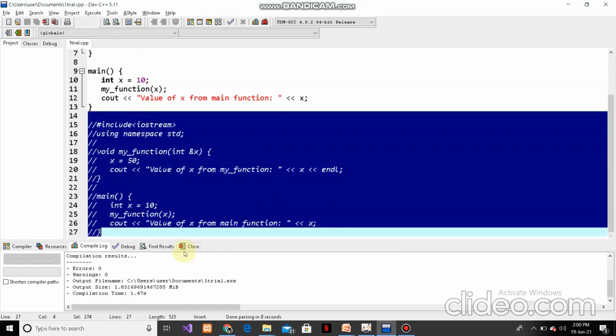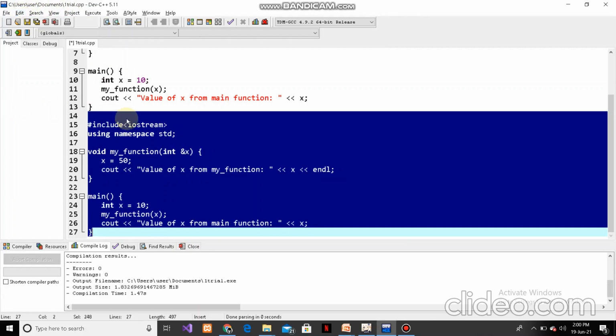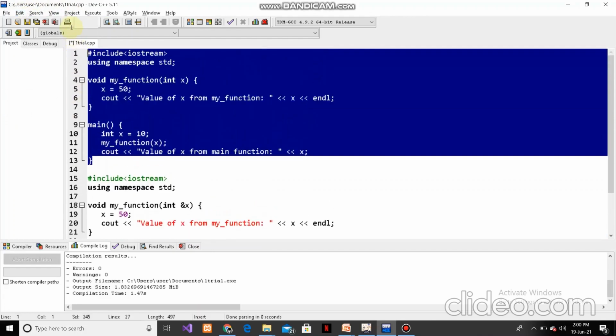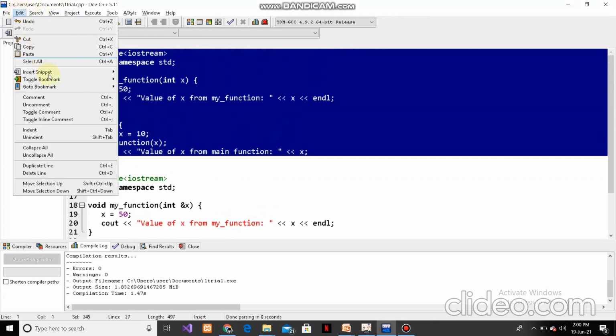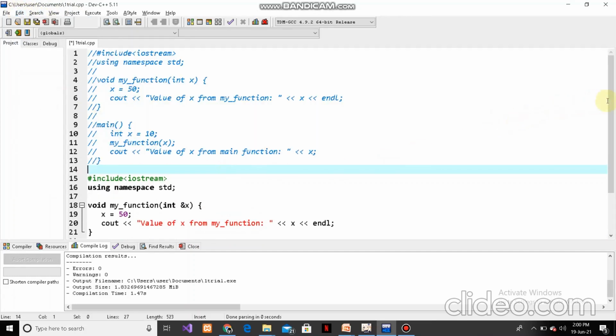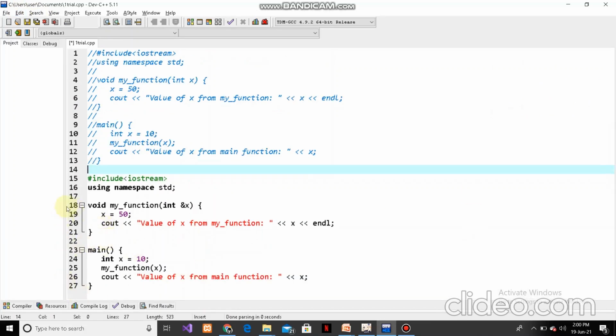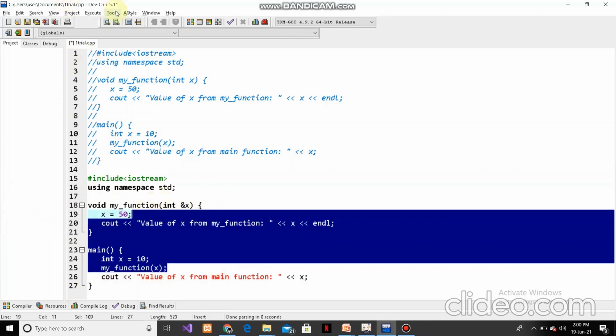However, if you look here, in the call by reference, the same code is being used in the main function, but the value is referring to the same location, so the value will not be modified.